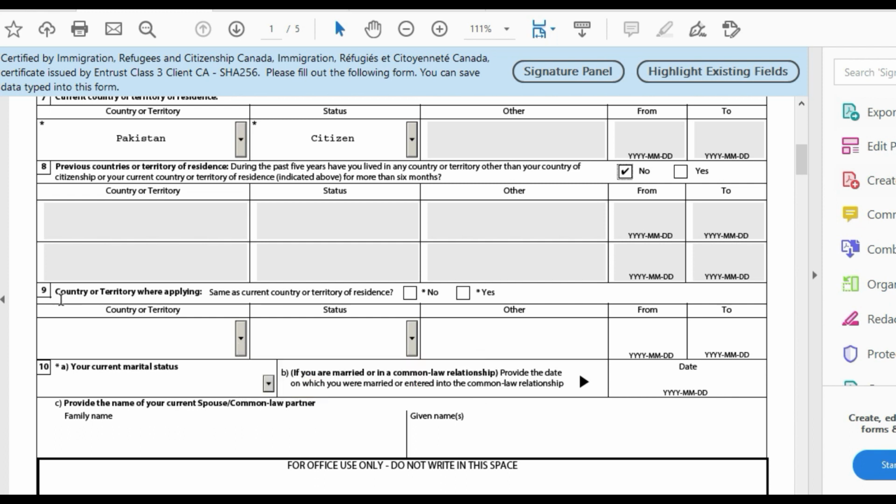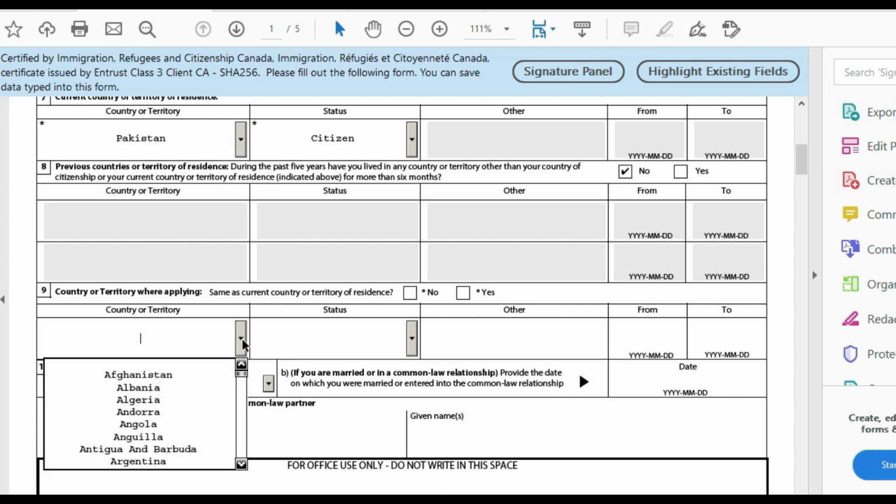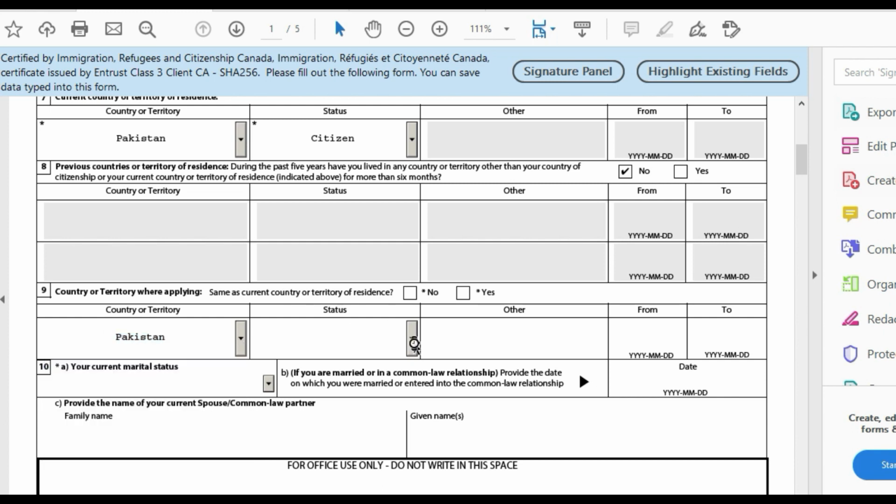Here it's asking for the country or territory where you are applying, same as current country or territory of residence. So where are you at this time, where are you applying? You have to select that country. If I'm applying from Pakistan, I have to select Pakistan.